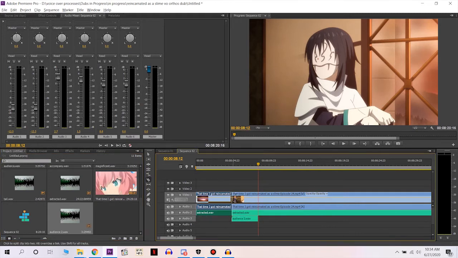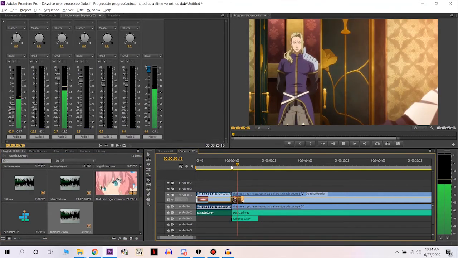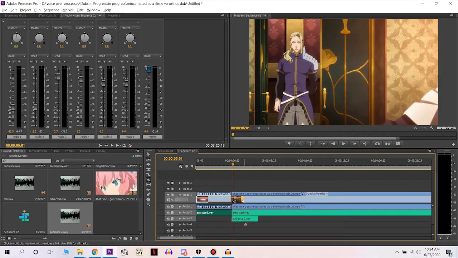It's like your workshop. And then, okay, as you see what happened here, I put it under the approximate area of where the dialogue is. That's why I made a cut, so I know where to start with my audio file. I pressed play, and it seems like they're proportionate, but I still want to be sure. So,